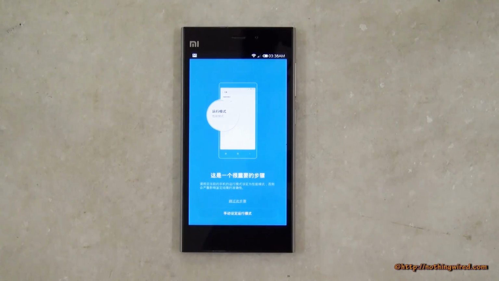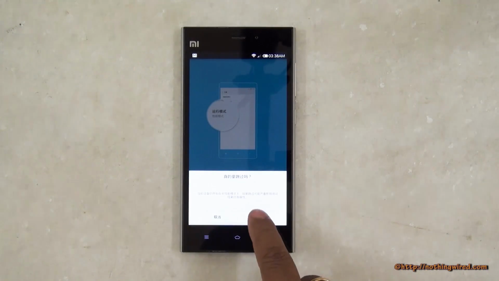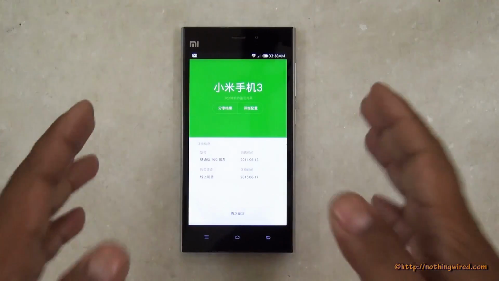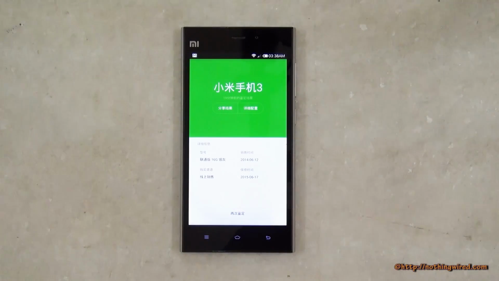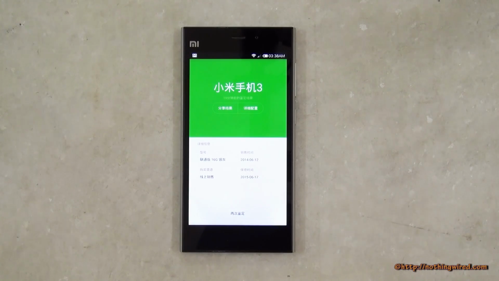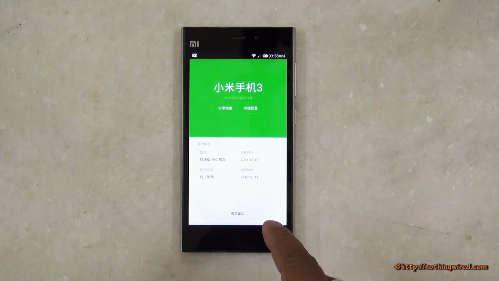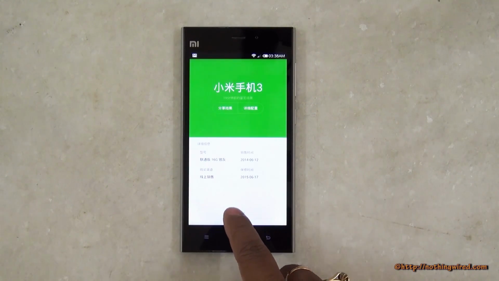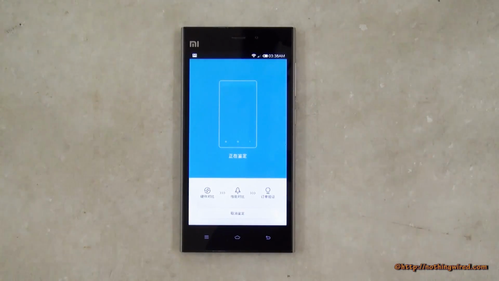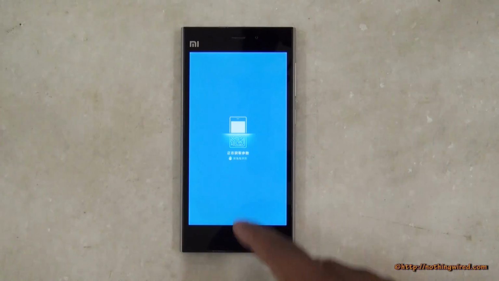Now on the following screen, you might be very tempted to press this button, but do not press this button. Actually, to test it, press this small button and then press this. Now I've already tested it. It already told me it's genuine. Of course, it's a review device, it has to be genuine, comes from the official source, and this green part and all actually tells you that. But I'm just gonna do the test again. So this button actually says test again. So if you haven't already done the test, when you initially press the button on the pop-up window,